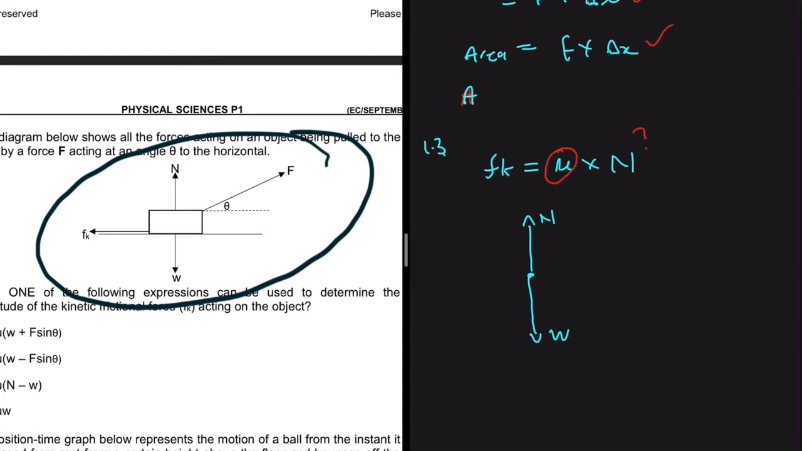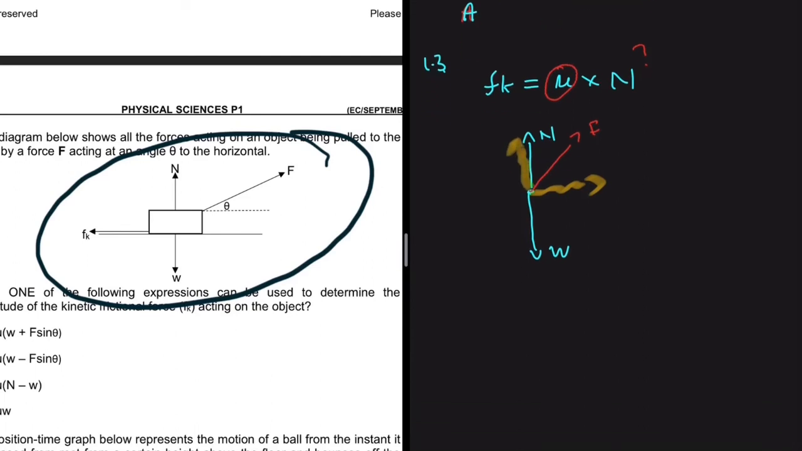But then not only is the normal force acting up, there is a force F that is acting at an angle, right? But then, lucky for us, we can resolve this force F and find the vertical component and the x component. So we're going to have the x component going like that, and then the vertical component going up, right? So now you can see that the normal force plus the vertical component of the applied force is equal